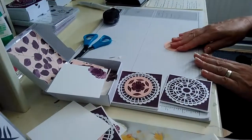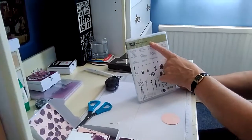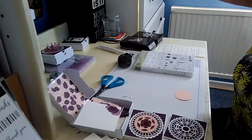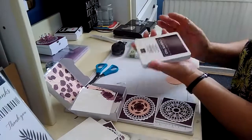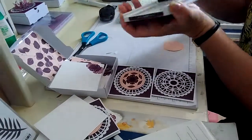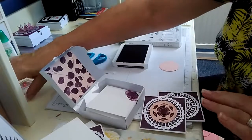Taking this, I'm going to use a couple of stamps from this beautiful Bouquet stamp set. Again, if you watch my videos on a regular basis, you'll know that I'm really into this one, love it. I'm using Blackberry Bliss. This ties in with the colour of the background of the DSP. And I'm taking